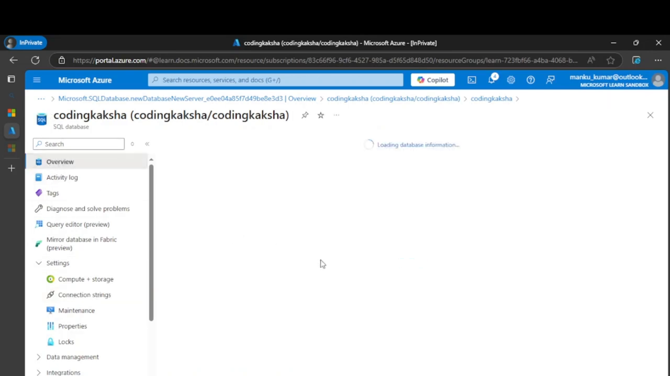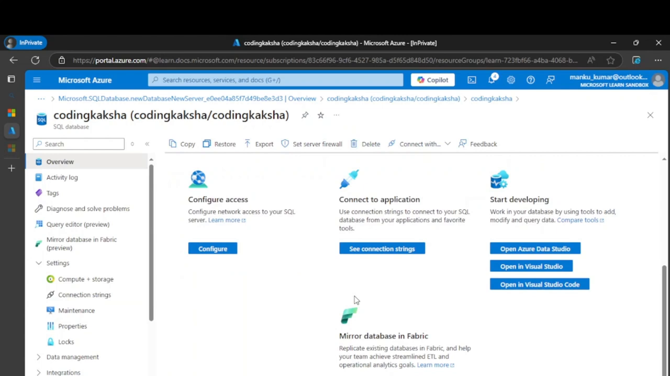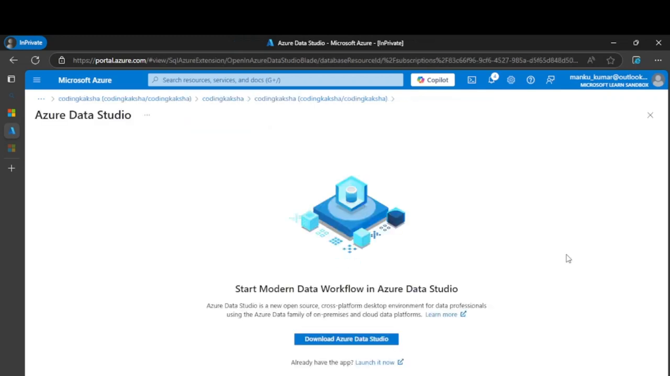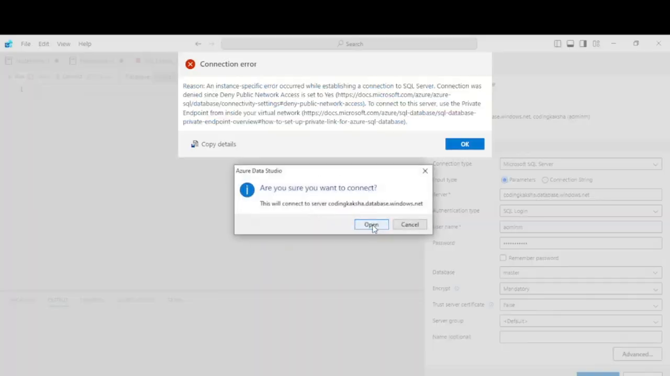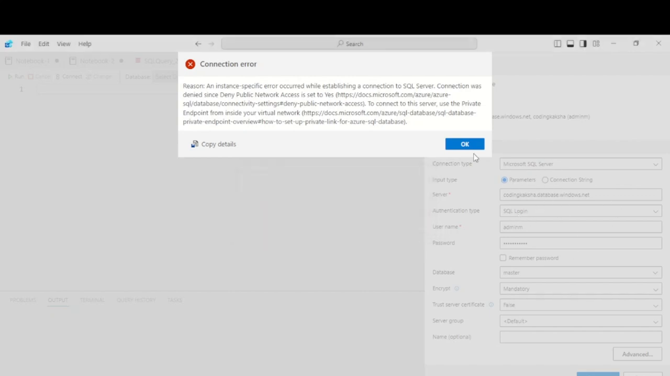So let's go to the overview. Suppose I want to connect to Azure Data Studio or Visual Studio. If you have Visual Studio, you can connect to that. I have Azure Data Studio installed, so I'll launch it. See, this is the connection, server name codingkaksha.database.windows.net. I'm trying to connect and I'm getting the error that the specific instance can't establish the connection due to the network issue,